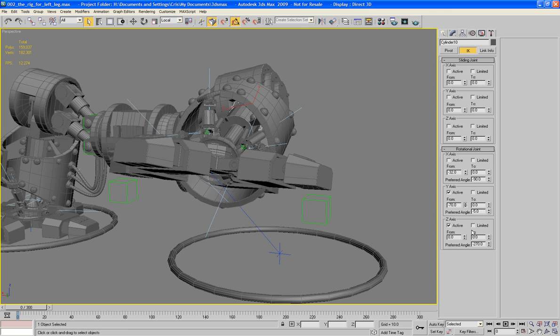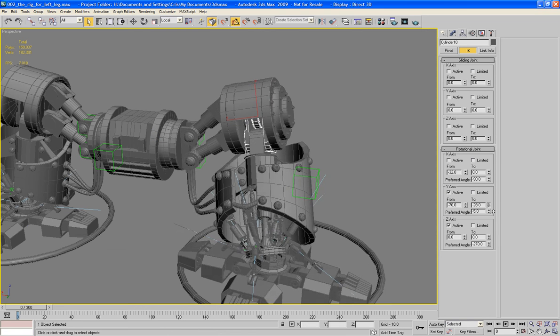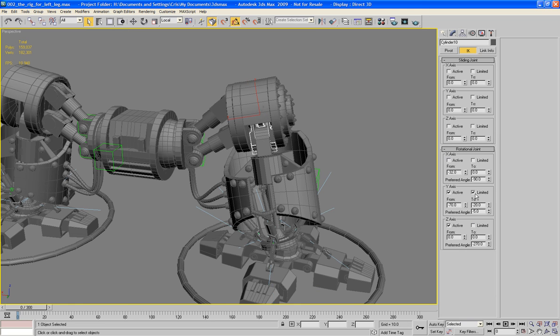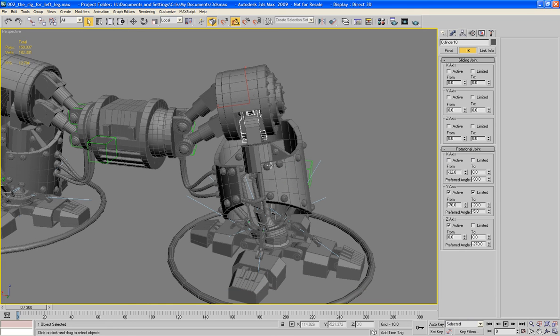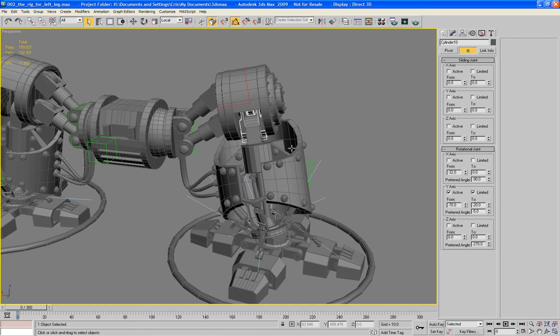Set up its maximum range of movement. There we go, limit there. Make sure we're not using any axis we're not supposed to be using as well, so I'll turn off the z-axis. Now on this one,